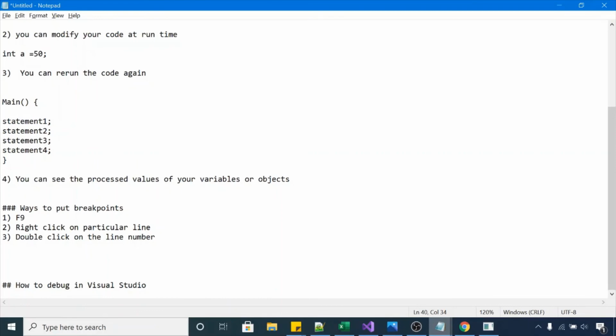There are a lot of other debugging techniques and other ways to do debugging, but this is very basic debugging. You can start with this thing. You can fix your problem using debugging. And that's all about basic debugging. Maybe in the next section we will cover debugging in more detail. Till now you can practice this type of debugging only.